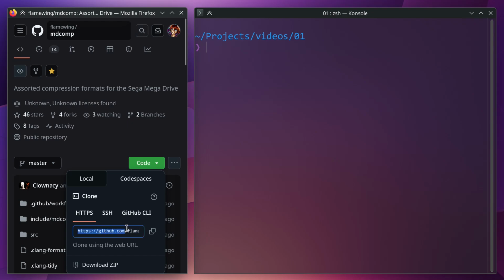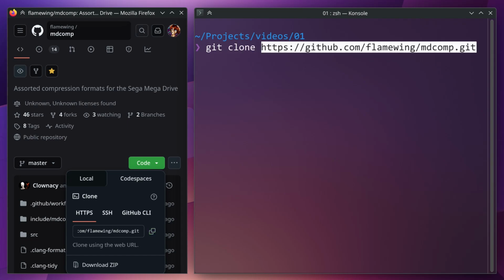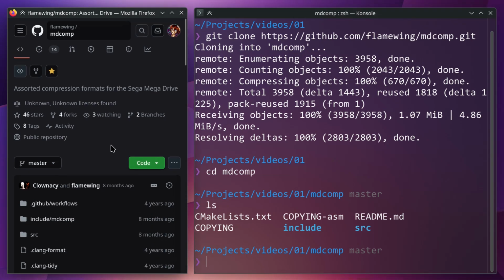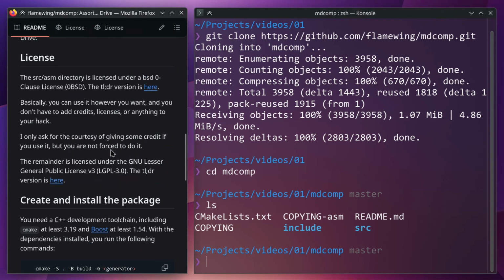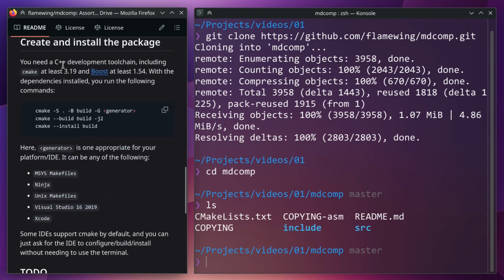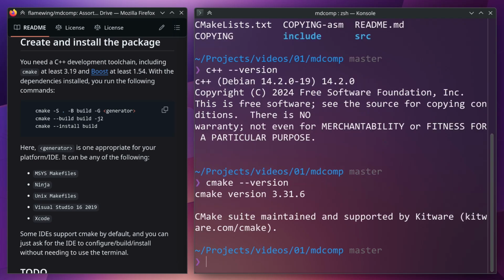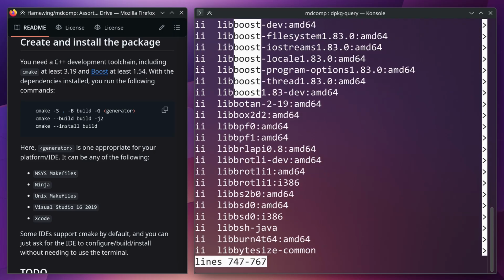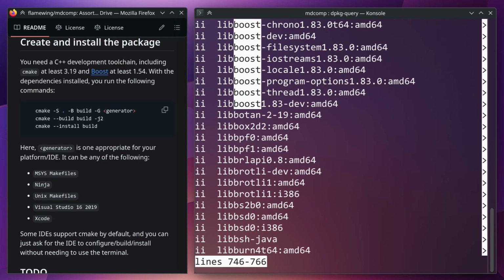Alright, here we have the MDCOMP repository, which we're about to clone using the standard git clone command. Now let's see what we have here. The repository is cloned. Let's check out the build instructions, because we have ones. We need a C++ compiler, check, CMake, check, and Boost. I don't remember the exact package name, but I should be able to find it. Yeah, it's libboost-dev, and